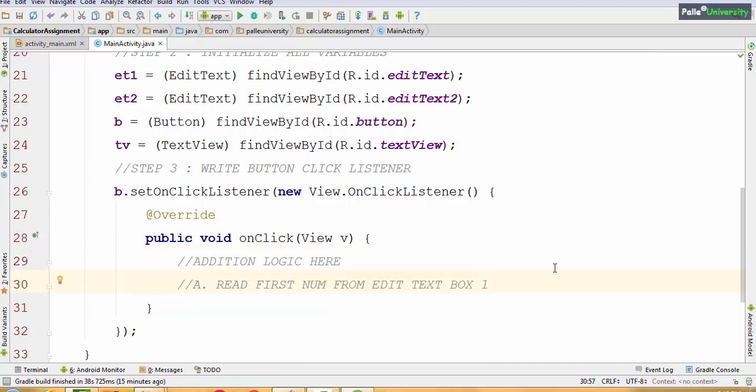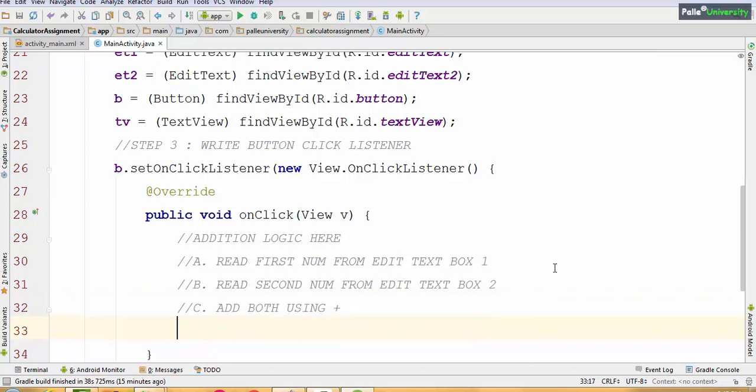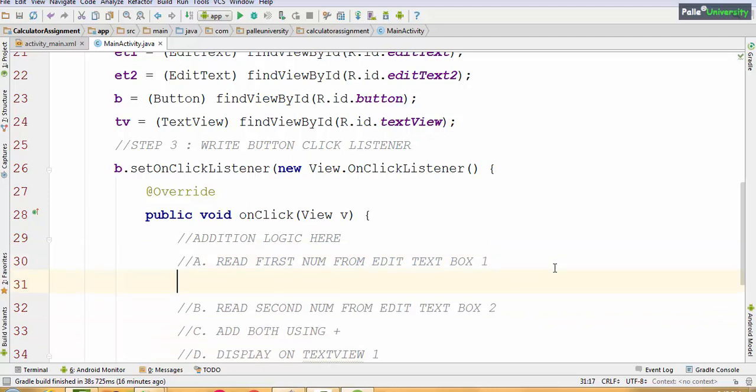First let me write this task in plain English statements. Our task is step A, read the first number from edit text box 1, then read the second number from edit text box 2, add both using plus, and display the result on text view 1. Let us see how to do this.